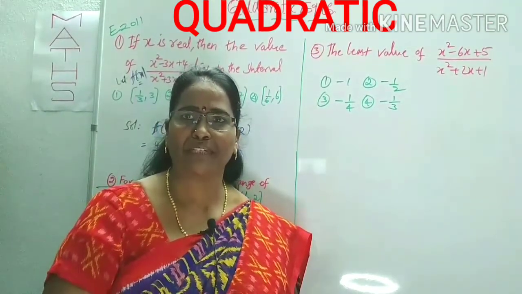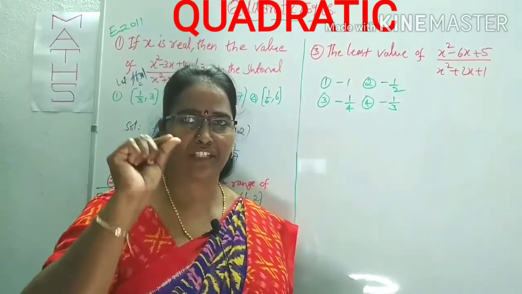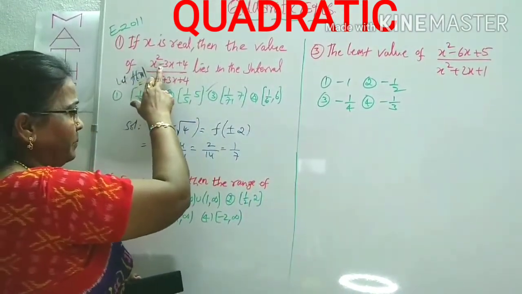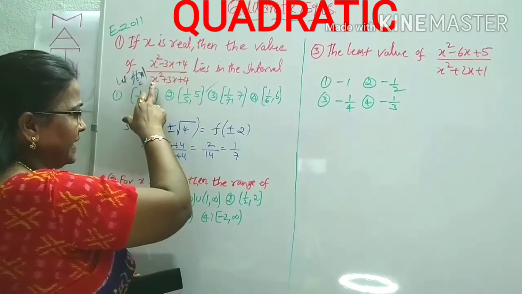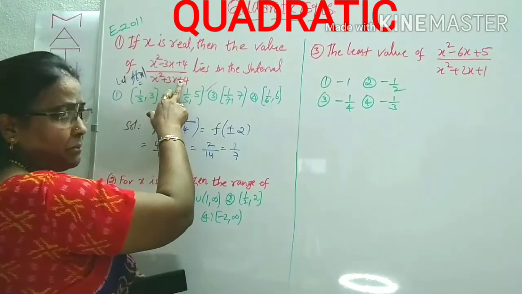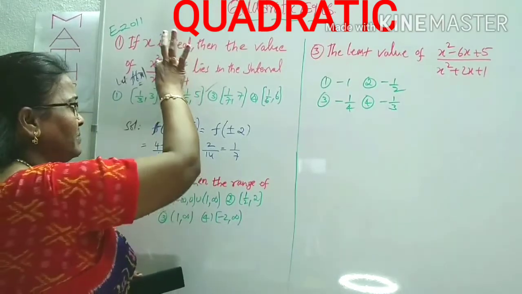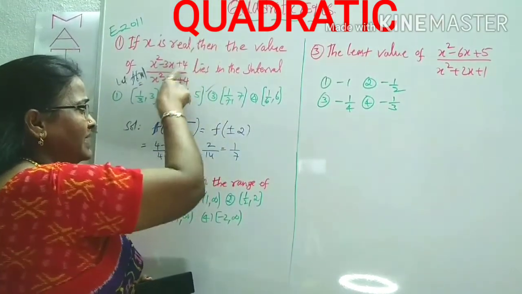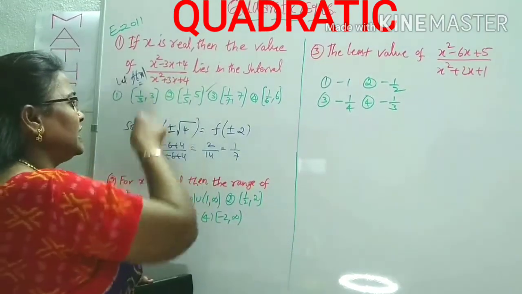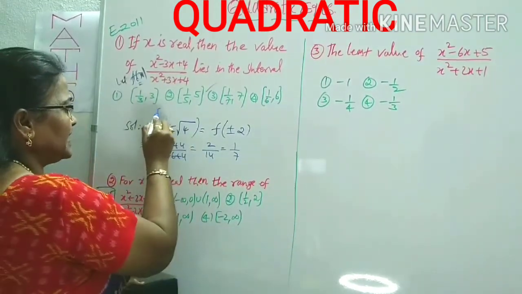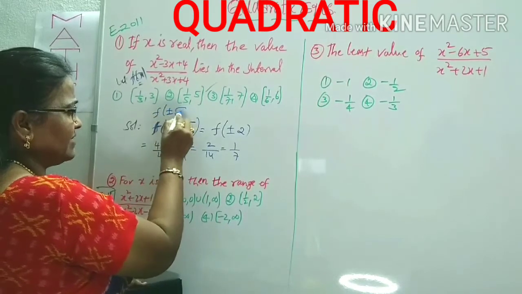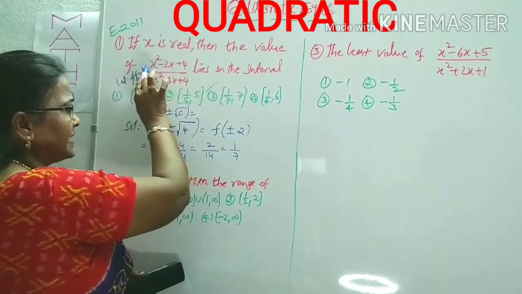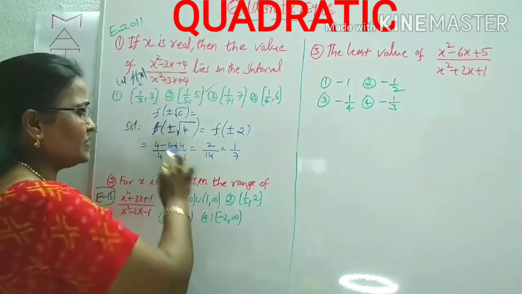So by using one tip here, the expression should be in the form of x square plus or minus bx plus c by x square plus or minus bx plus c, like that, with minus and plus varied. This c is a constant, and in place of c here there is 4. That one you can take. Actually that tip is f of plus or minus root c. Here b and c are constants, and the x square coefficient is 1. In such a case you can use this tip.